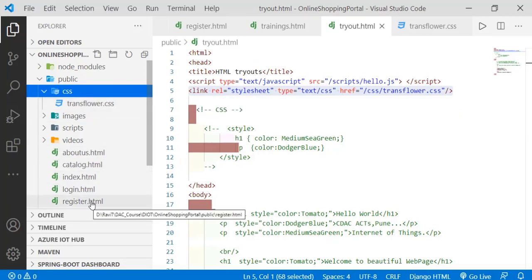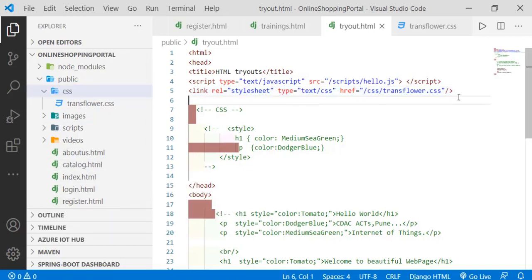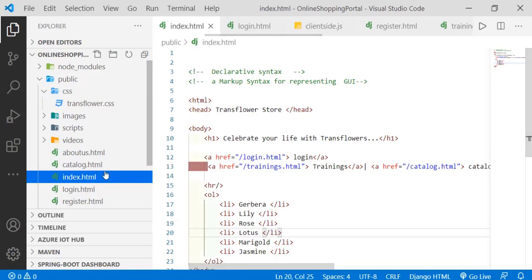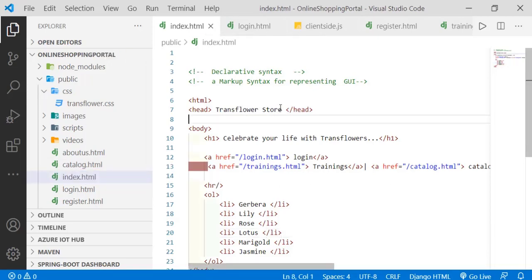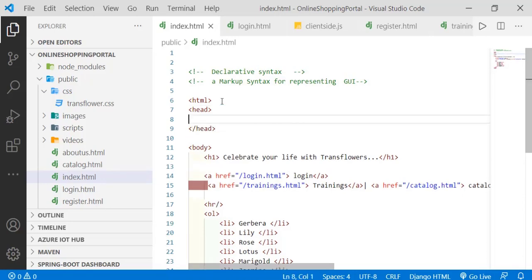So if I do one thing, I can go back to the index.html file, and in the index.html file I link the same CSS file. I copy this and go back to the index.html file, which is our landing page, and under that landing page also, under this particular head, I am again using something called link and getting the CSS file applied.